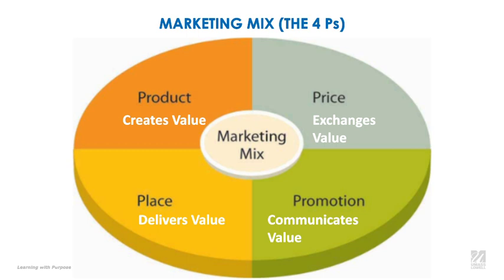Then we have place, that is basically where the product will be distributed and how this will be done. So where are we selling it? Are we using online selling? Are we having a physical store? Are we delivering things? Are we just, I don't know, allowing people to download things, etc.? We will need to also have a strategy for that.